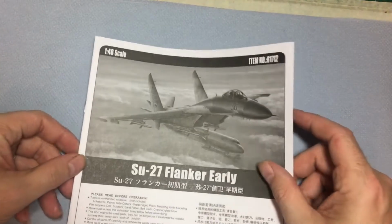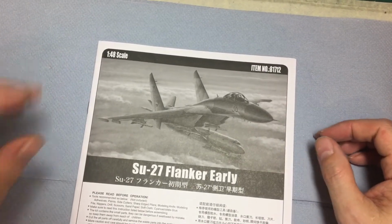So, just 2 minutes, guys. I'm going to open this up so we can have a proper look. Right, fellas, so that's everything taken out of the bags, and we'll start with the instructions and work our way through. So, this is my first Hobby Boss kit,